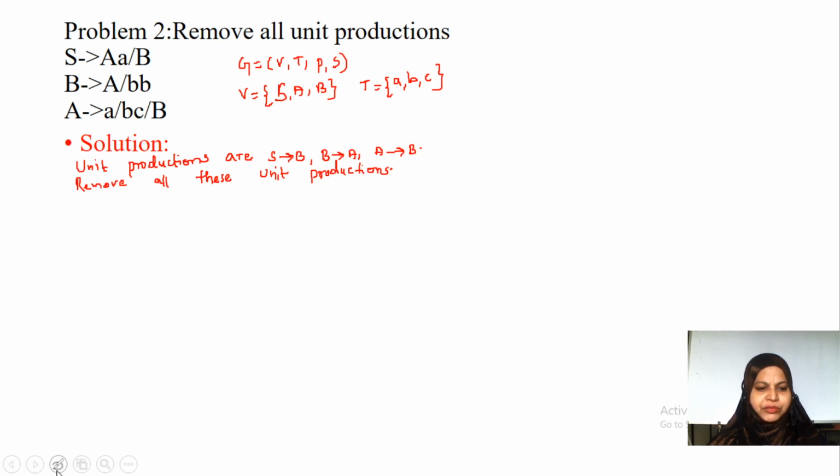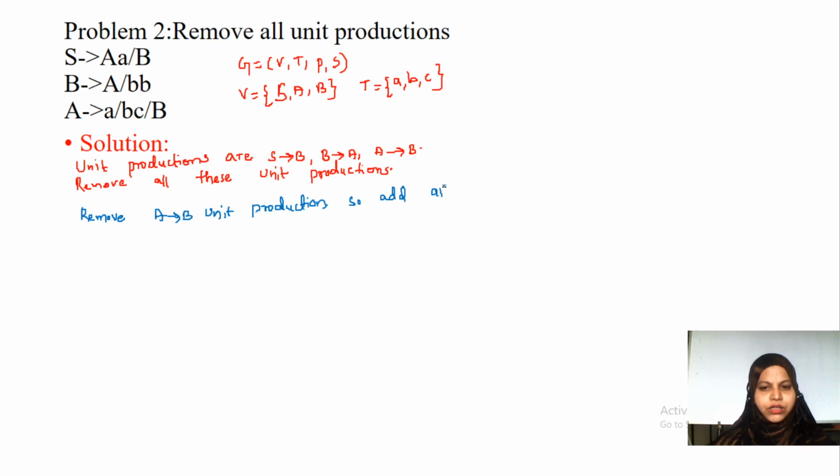First, I am going to remove the A tends to B unit production. What is my A tends to B unit production? Just I am going to add